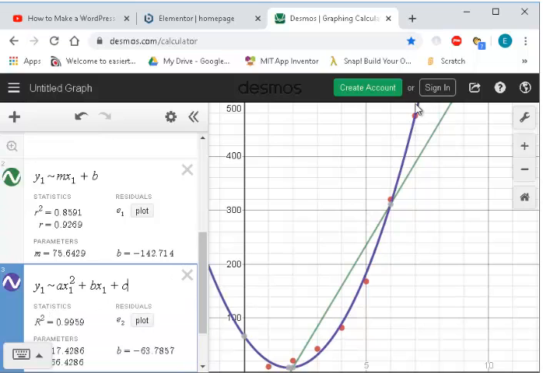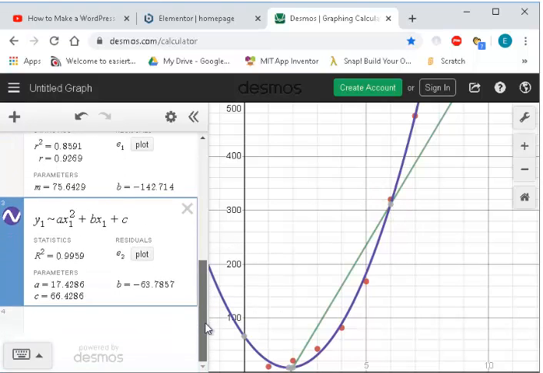Now this is the quadratic of best fit. You can see that it almost goes through all the points except, let's say, this point. It fits very, very well, and you can see by the number r squared here, which is